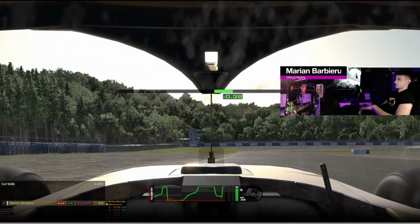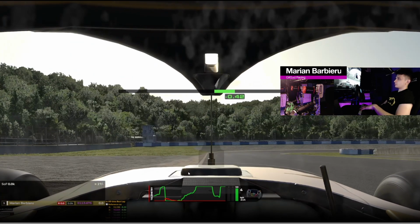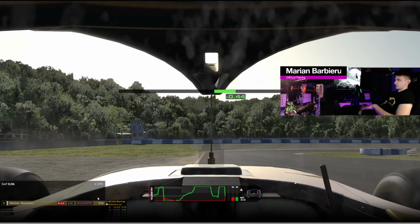But notice that it's something that you should be aiming for, having the smallest possible lift in this corner, because with this car, a lift is a lot of time. A lift is probably 2-3 tenths. If you are able to do half of a lift, maybe it's 2 tenths here with this car, because it's a very quick car. And now for the last corner, the moment that I don't see the green thing anymore